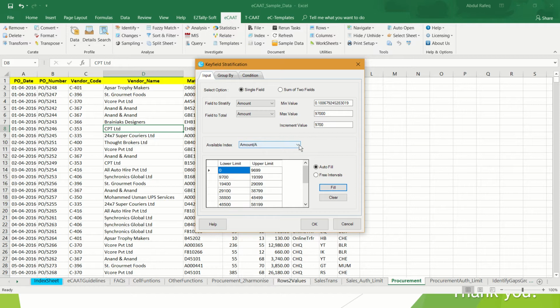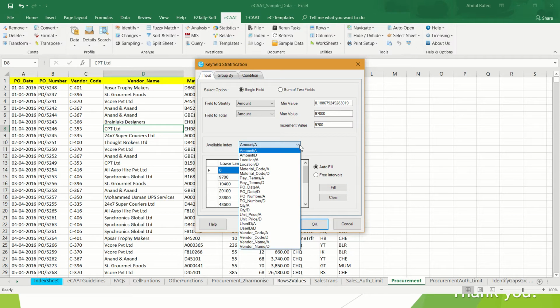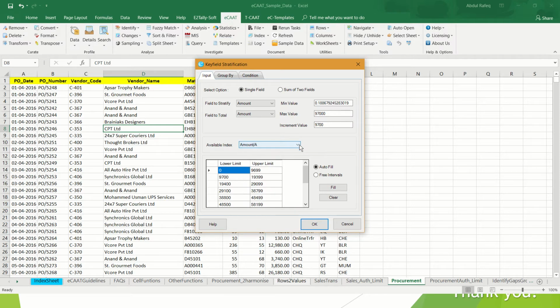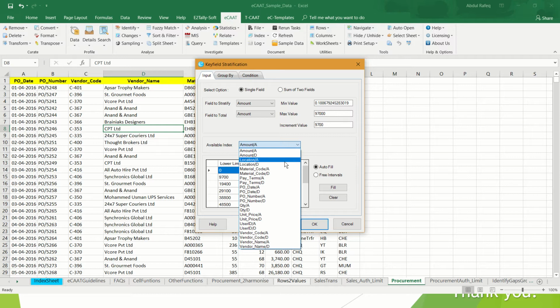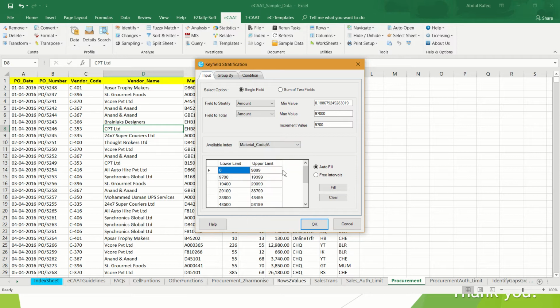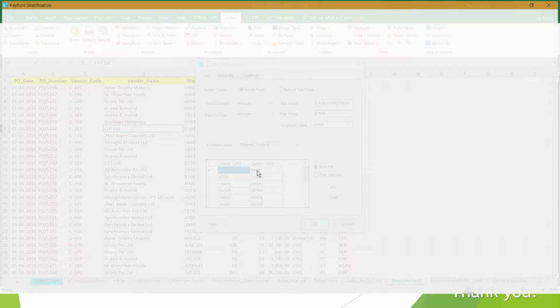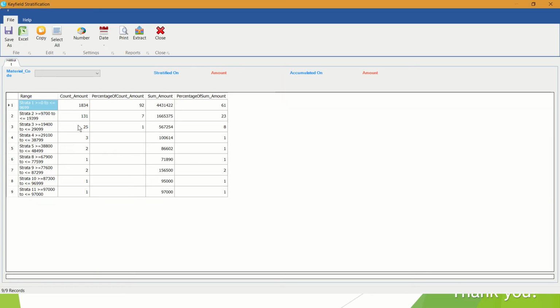Now you have this field available, index. This tells me what are the fields on which I can index. I would like to index based on the material code, and I would like to do it in ascending. Okay, now I say fill is done. I say OK. Now you see it has actually stratified the data based on the category and tells me the overall analysis for